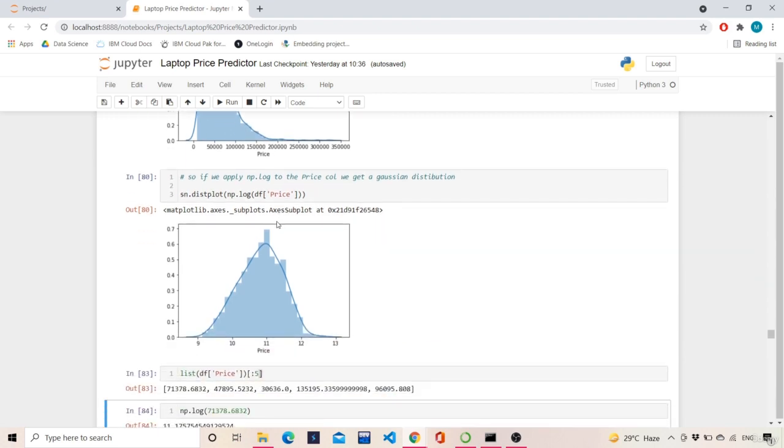So if we convert our features into a Gaussian distribution, it will always be helpful, because a Gaussian distribution has almost constant mean and constant standard deviation. Z is equal to x minus mu by sigma, where sigma is the standard deviation and mu is the mean.